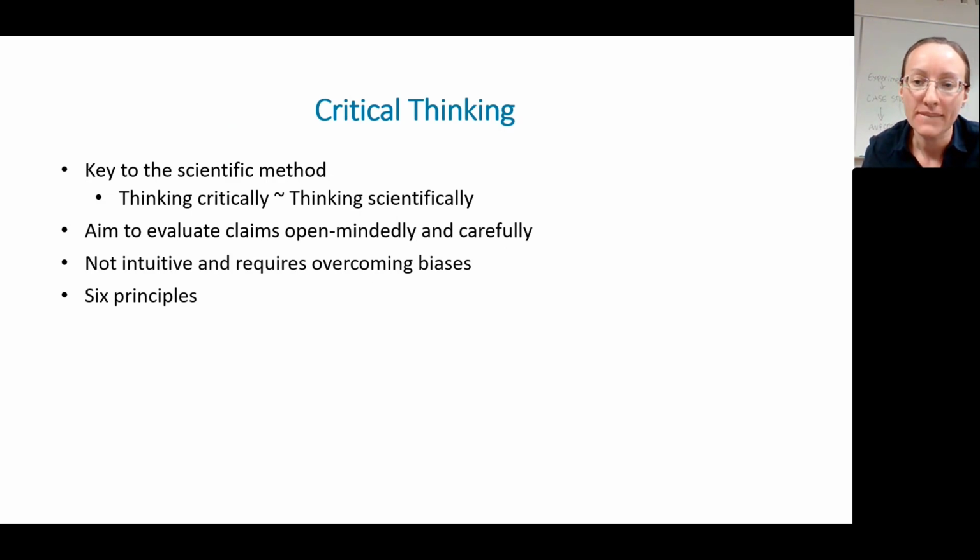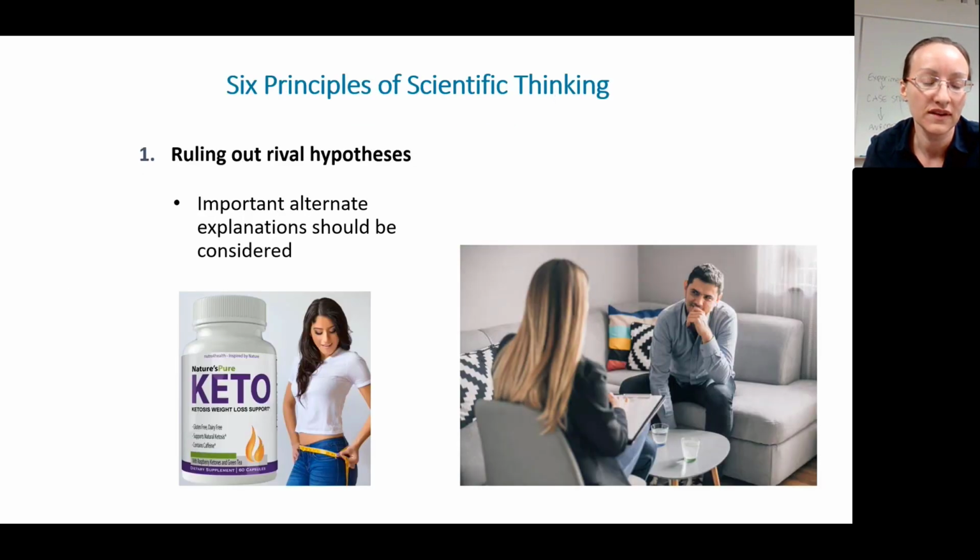So this is not really about intuition or about emotion. It's about systematically collecting data, analyzing data, being aware of its limitations and our own biases when we interpret it. And there are 6 principles to critical thinking. One thing that's really important to do, and you guys were doing it earlier when I was asking you about the weight loss pills and the therapy sessions, is that we need to rule out alternative, what they call rival hypotheses,